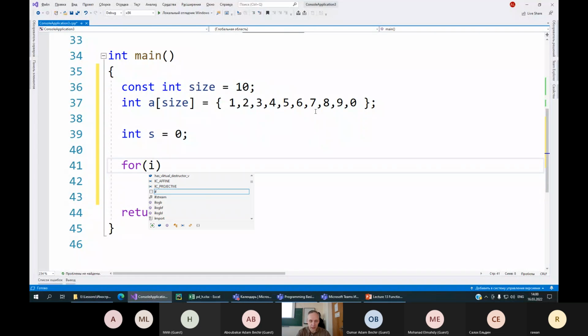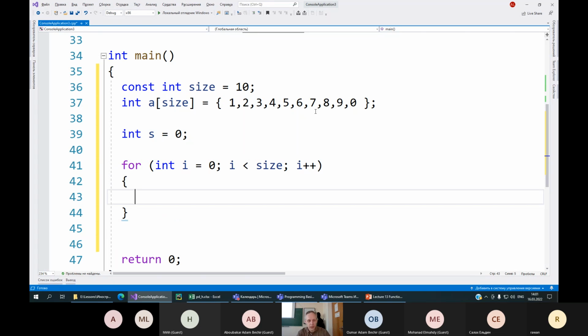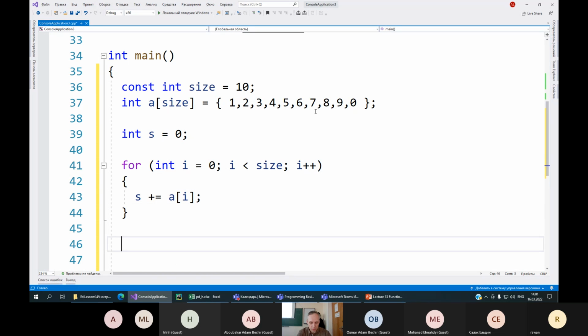For int i equals 0, i smaller than size, i plus plus. And here s plus equals a[i]. And cout sum equals to